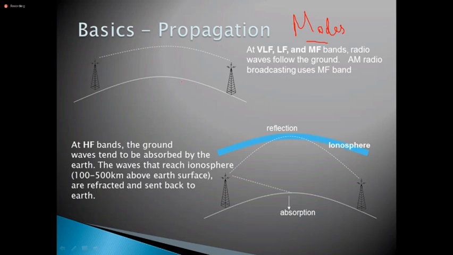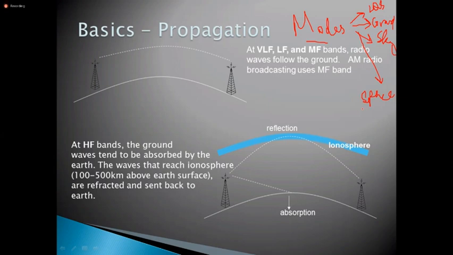Okay. So these are called radio wave propagation modes, right? Modes of radio wave propagation. That means there are three modes of radio wave propagation. First one is called the line of sight propagation. Then ground wave propagation. Then sky wave propagation. And the last one is space wave propagation. Okay. Now these are the three or four modes of radio wave propagation: line of sight, ground wave, sky wave,